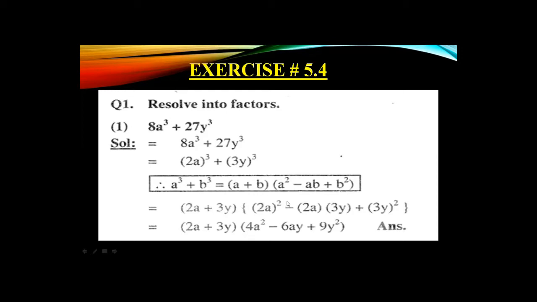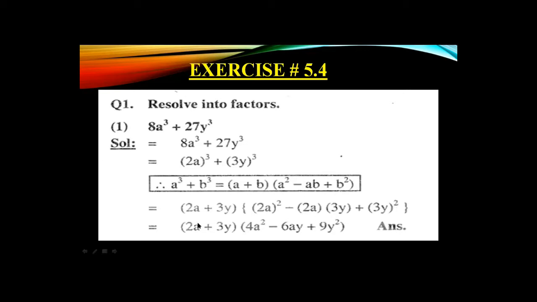Now the second bracket, that is a square. In the bracket we use term a, which is 2a, and the square is of the formula. So a square means 2a square, minus sign is of the formula, ab, and a and b are multiplying here, so we use brackets. Instead of a we put 2a, instead of b we put 3y, then the plus sign of the formula, and then b square. Instead of b we use 3y square.